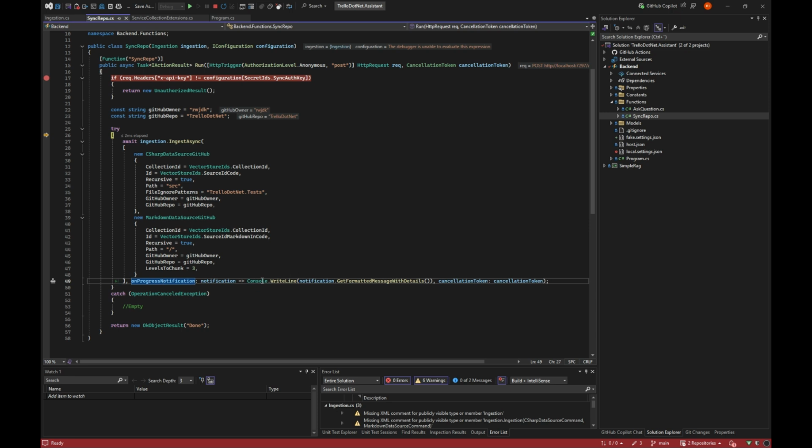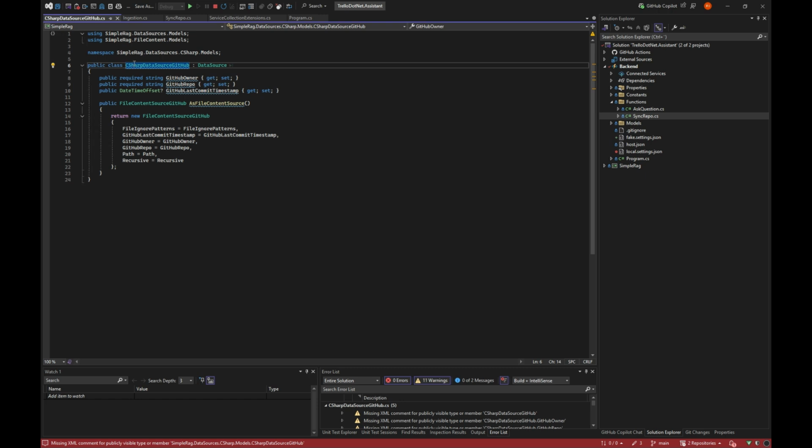That's just put out as a Console.WriteLine, but you could do whatever you like with the GUI you make. These sources here, if we look at them, all have data sources as a base class, but the GitHub versions have some more GitHub data.